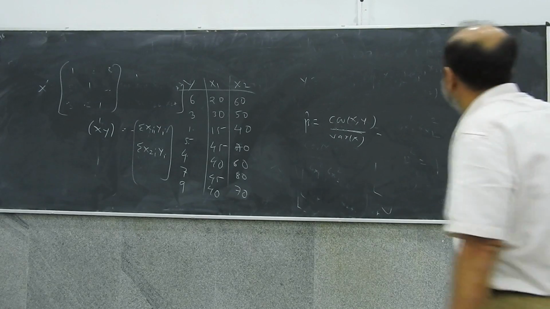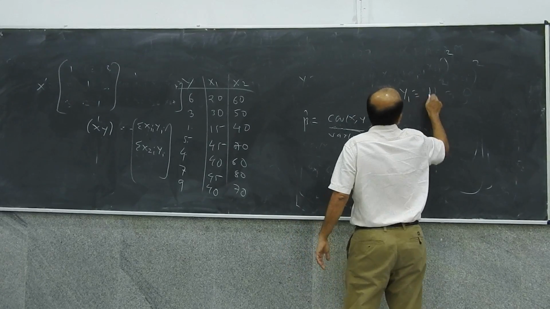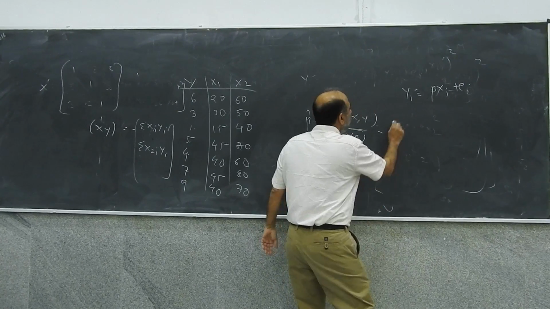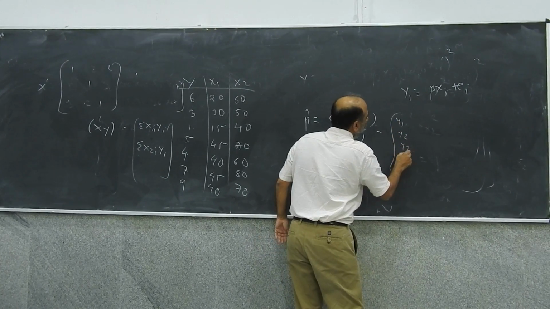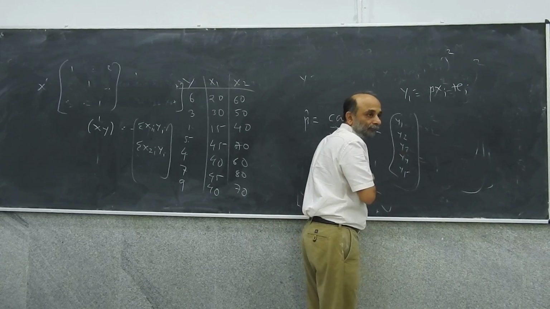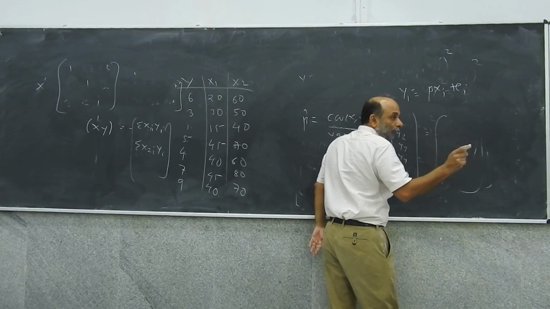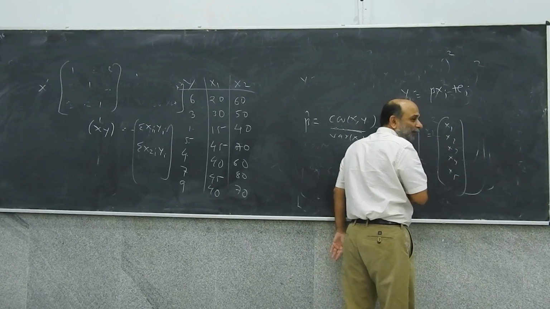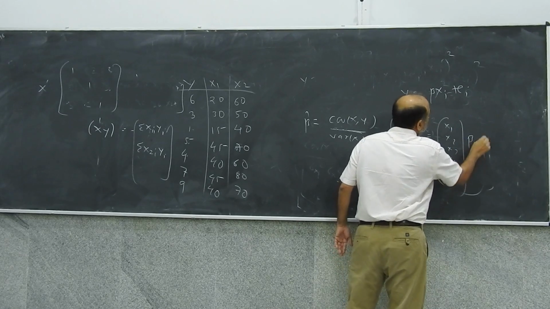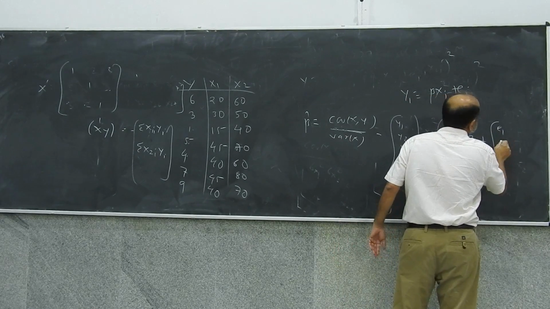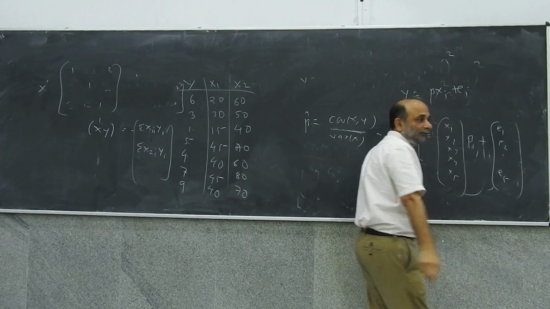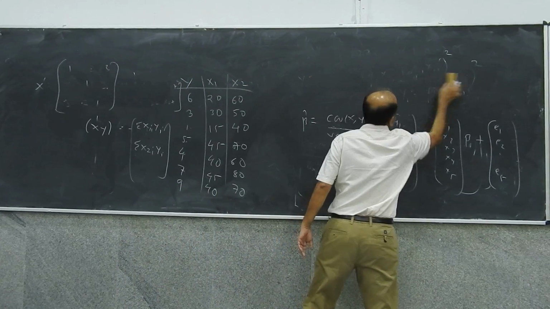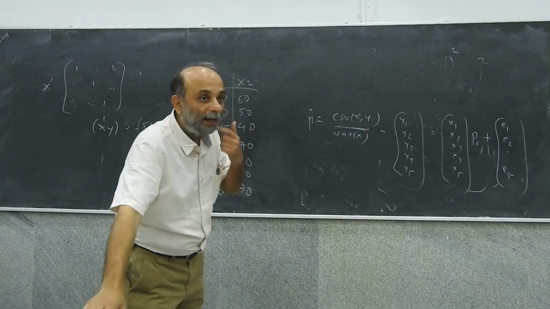And if you write the linear regression model, yi is equal to beta xi plus ei, right? My y matrix is in fact y1, y2, y3, y4, y5. Writing it in the matrix format, I have x1, x2, x3, x4, x5, say some 5 observations, times beta, plus e1, e2, e3, e4, e5, right? So what will be x dash y? X dash y will be, in this simple case also, let's see what happens. X dash y will be what?